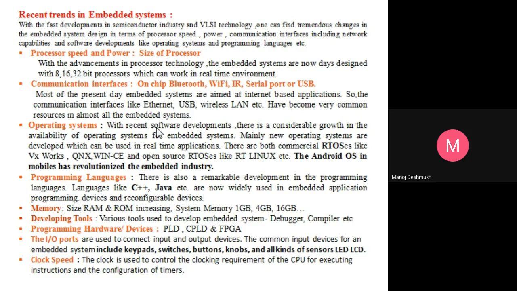So such facilities are day by day increasing. So we are lucky enough to analyze the various embedded systems based on various applications included in a single device, single unit.